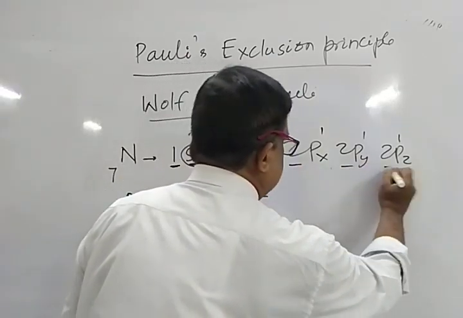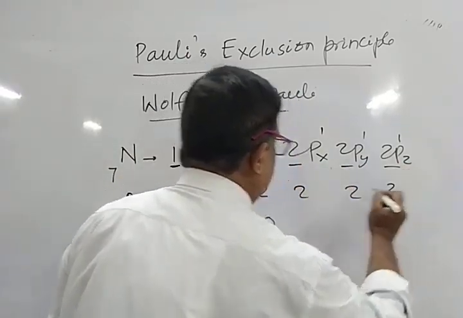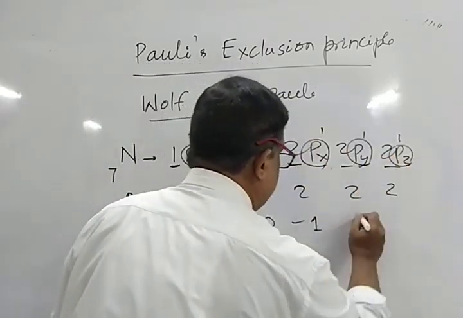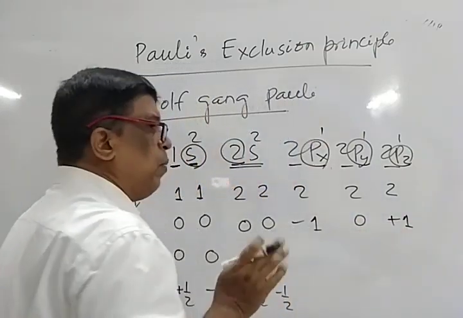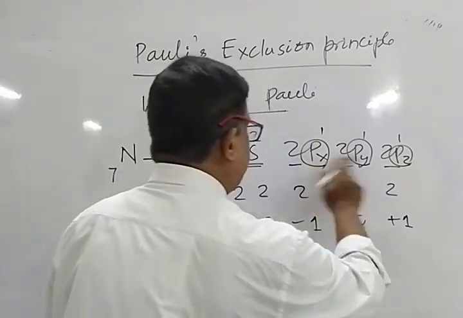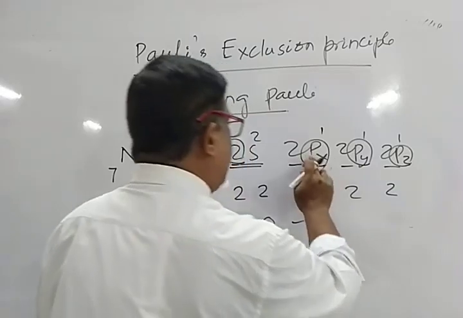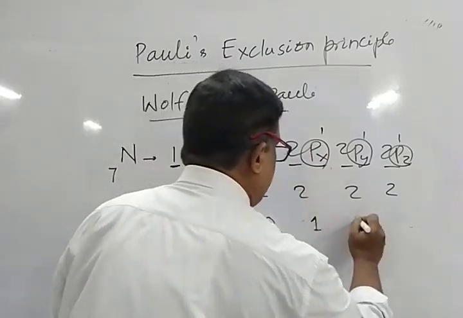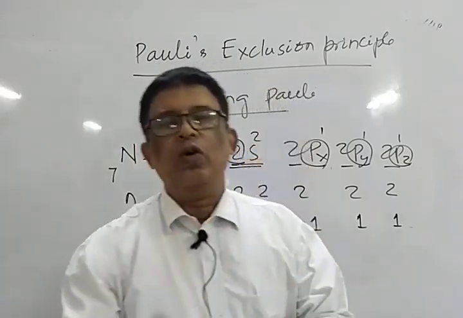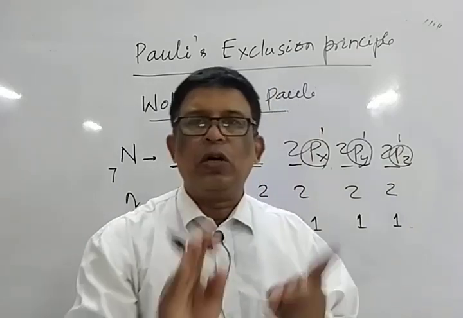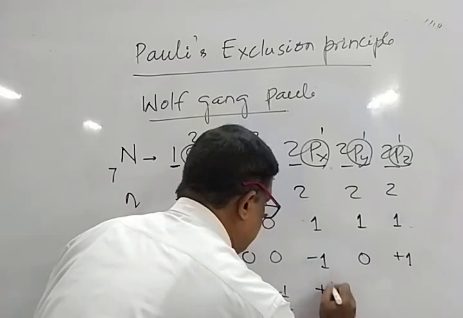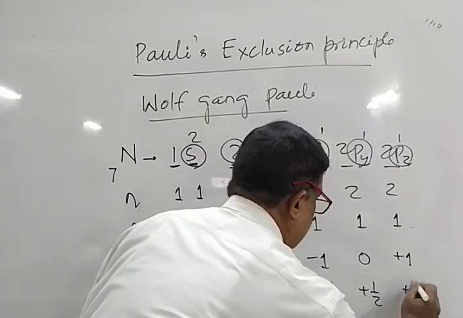Similarly, for the second cell, the principal quantum number for all the cases is 2. And it is the P subcell, so the magnetic values are minus 1, 0, plus 1, because P has Px, Py, Pz. That means for S the azimuthal is 0, for P it is 1, 1, 1. Then the magnetic quantum number is minus L to plus L through 0, minus 1 to plus 1 through 0. It is minus 1, 0, plus 1. And the spin quantum number is plus half, plus half, plus half.